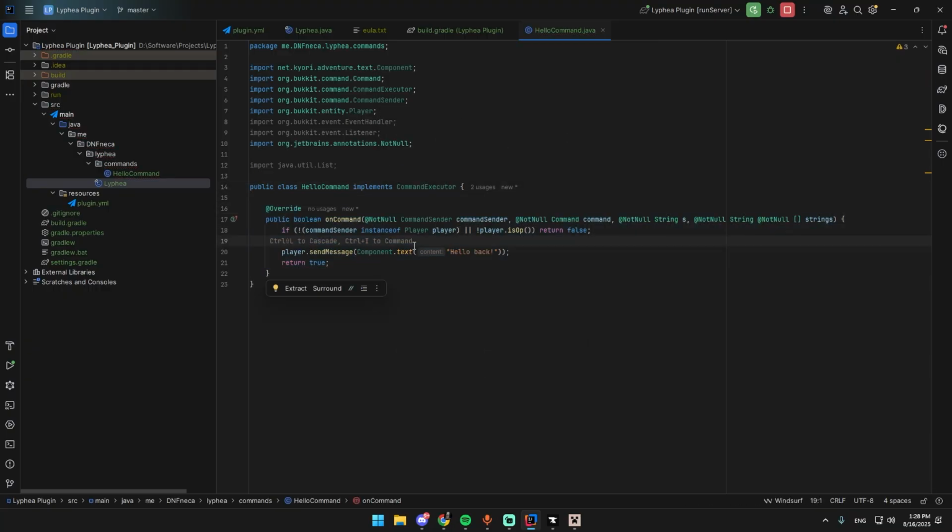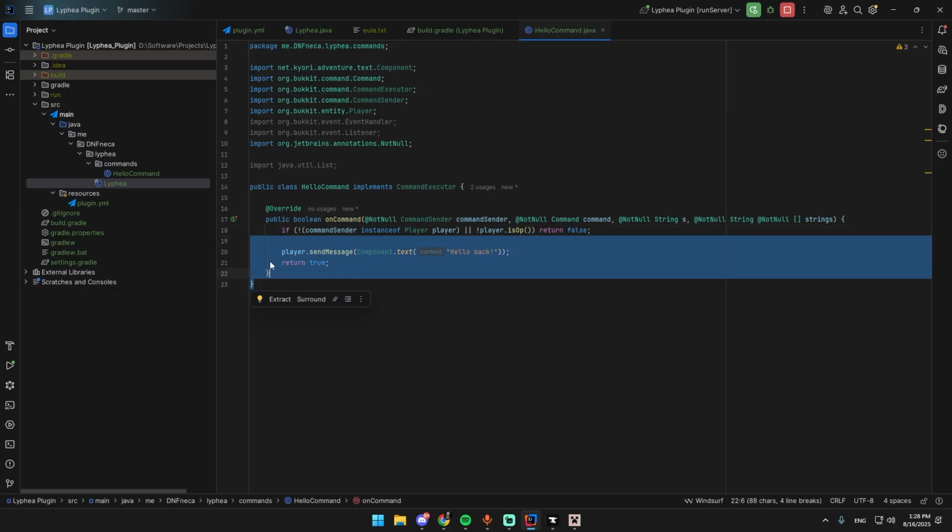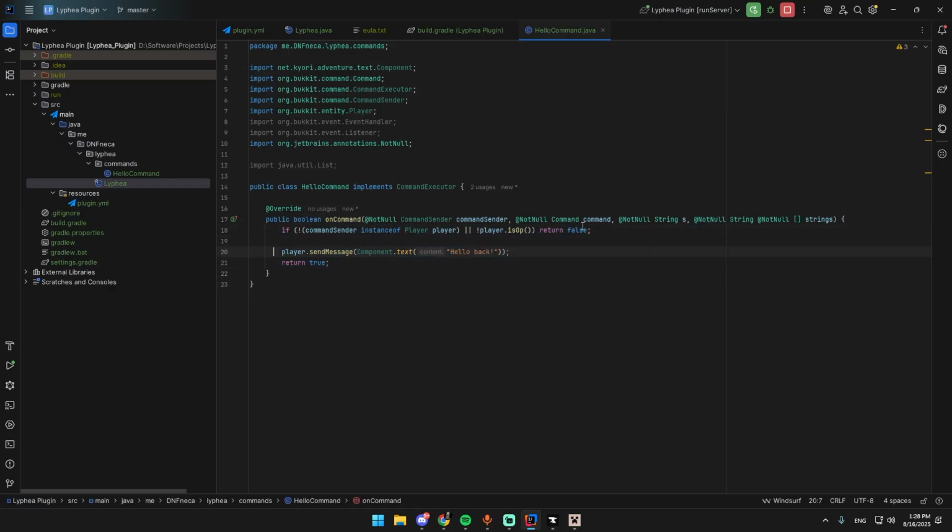After that, you simply just do this. So what this does is it checks if the command sender isn't a player or the player isn't an operator on the server. If that is the case, it returns false and never runs anything underneath. If both of those are true, we will take the player and send him a message that is a component with regular text, just hello back,